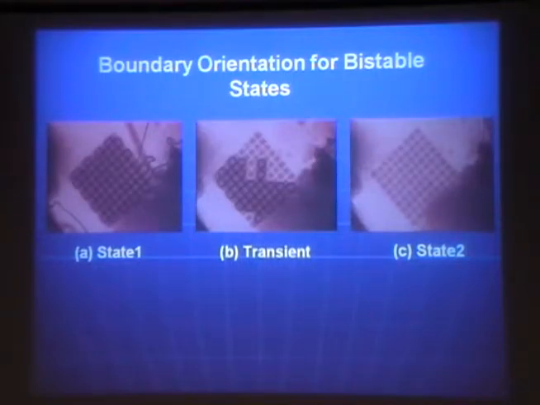So now we get back to the original figure indicating that these two states, one actually corresponds to a dark state, the other one corresponds to a bright state, because the domain was